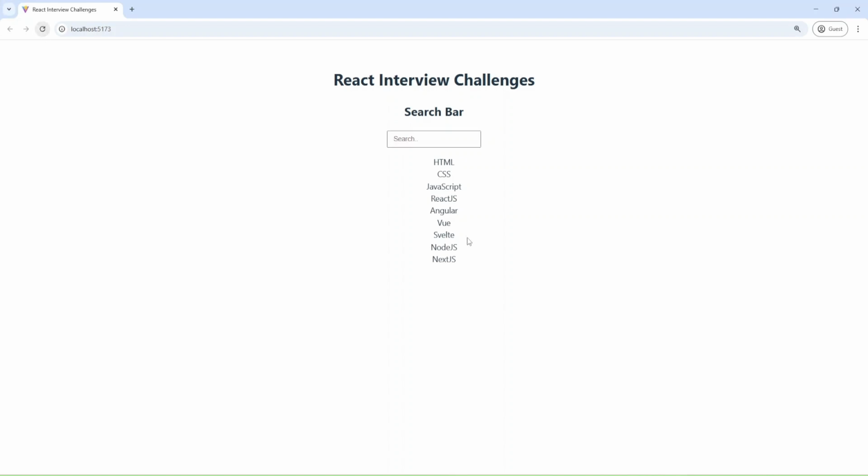Okay, as you can see, the styles were changed, and let me check the functionality, and I can provide view, and as you can see, the items were filtered, and everything looks good.